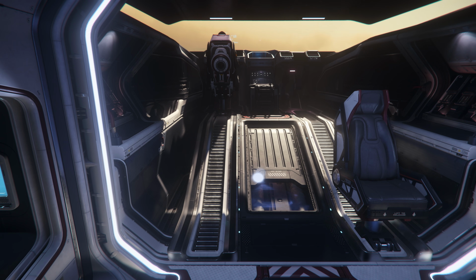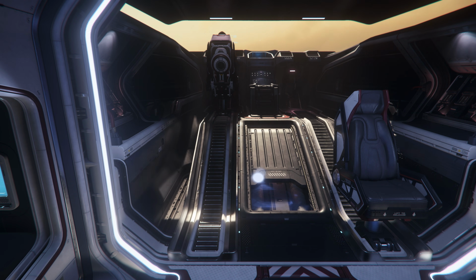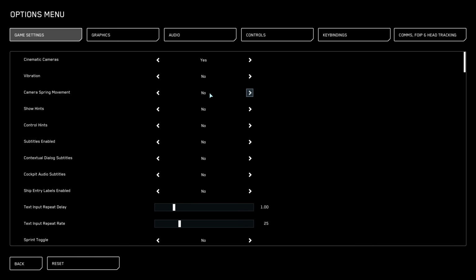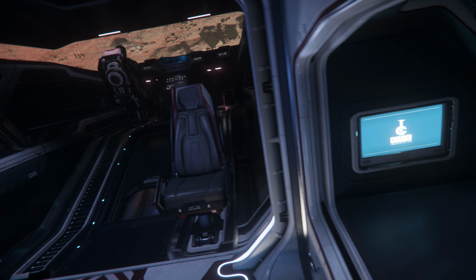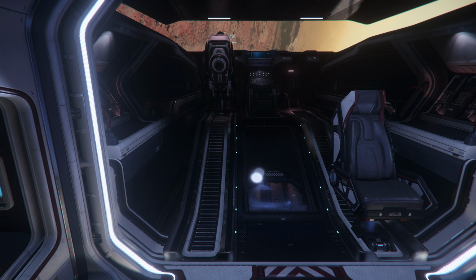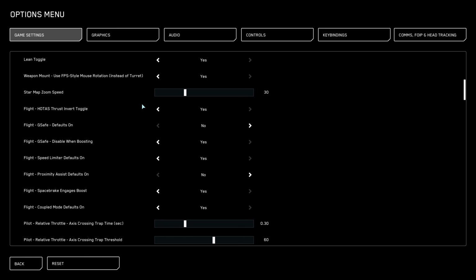So inside with no camera spring and no global shake, the camera is perfectly still, okay? Now, if we go and we turn camera spring movement on, well, now our camera is going all over the place and it's going through the ship. That's no good. Unless you want that, then it's perfect. So that's what happens inside. Now, let's turn camera spring off. And let's go and crank up